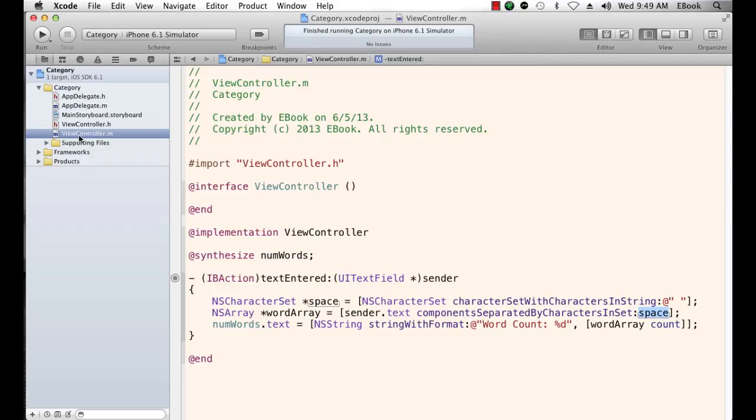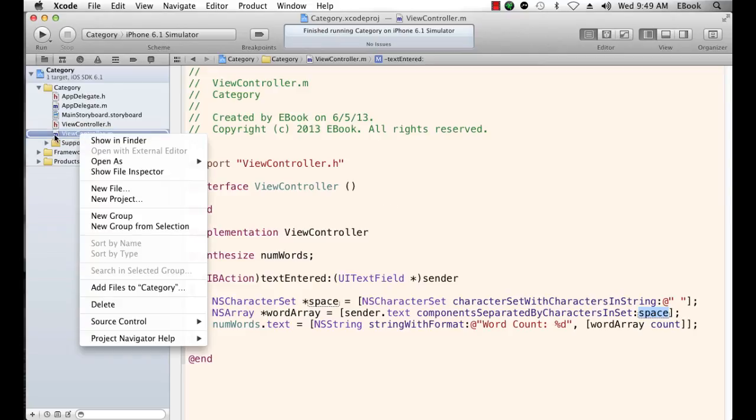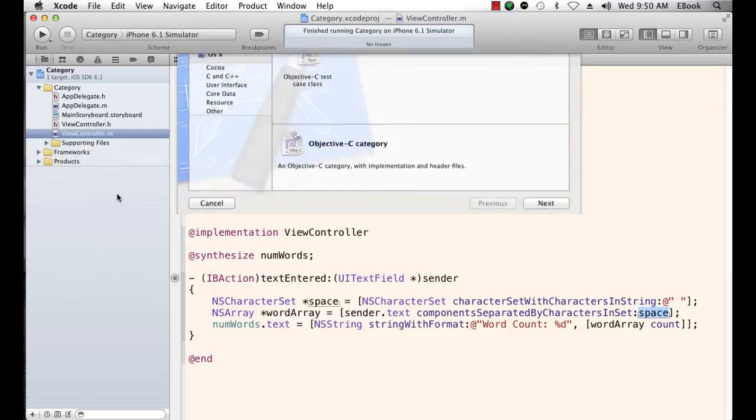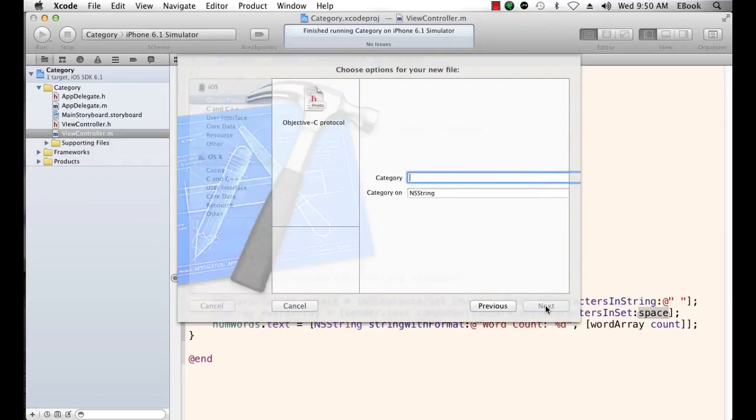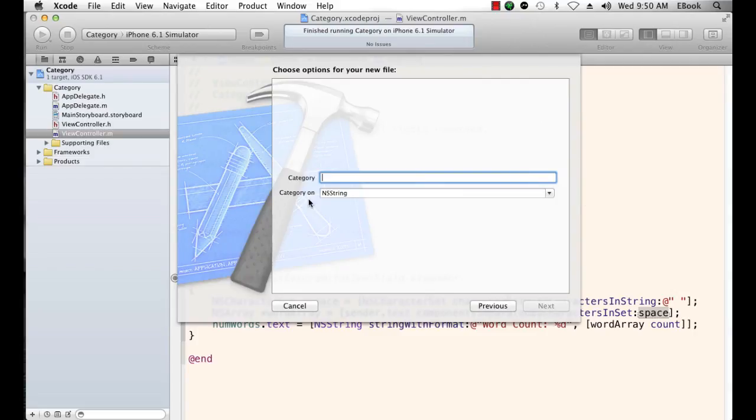The first thing I'm going to do is right-click here wherever I want to put my category, and I'm going to add a new file. And this new file is going to be of type Objective-C category. I'll click Next. I want this category on, in other words, the category of the class I'm extending with this category is going to be NSString. So the category is on NSString. And I'm just going to call this